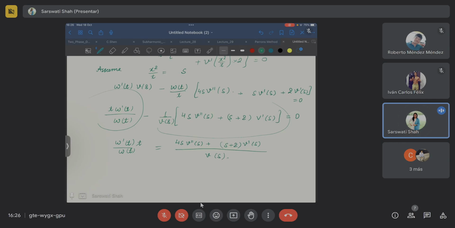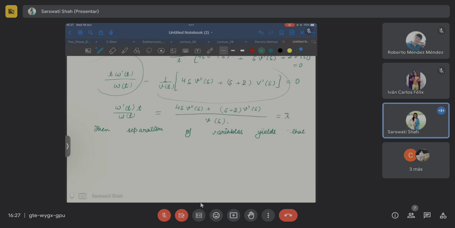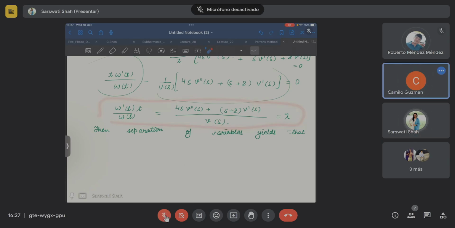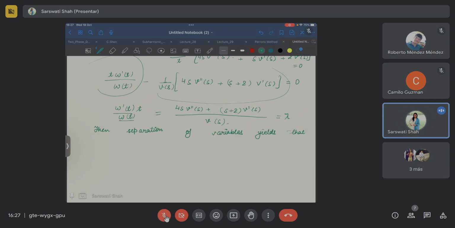So then separation of variables is that it should be equal to some lambda, isn't it? So this thing is clear or not? You guys are not saying anything. Do you guys have a doubt? Yeah, it's clear. Okay, then fine. Now take this with this. So you will be getting